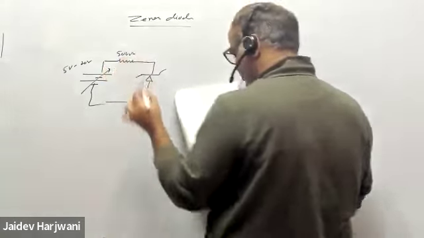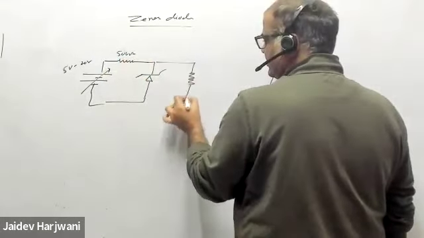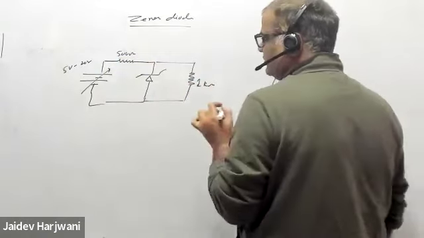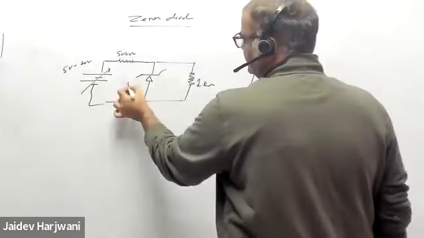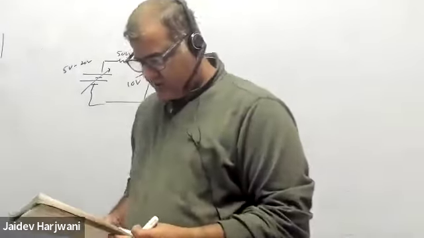Resistance is 2 ohm, and then you have a 1 kilo ohm load. And VZ, the breakdown voltage, is 10 volt. So you're asking